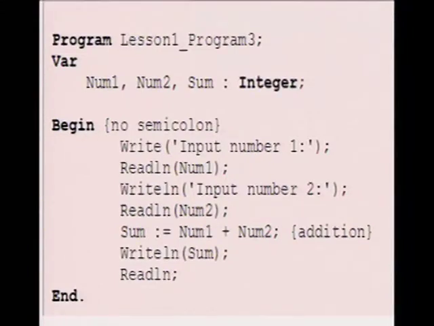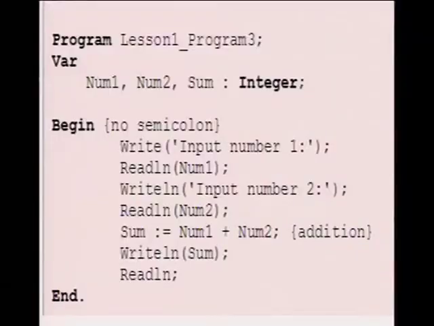If your variable is a number, it can either be an integer or real. An integer means that numeric variable has no decimal point. It's just a whole number. All right? So you declare your variables, then the main body of the program starts, where you have begin and